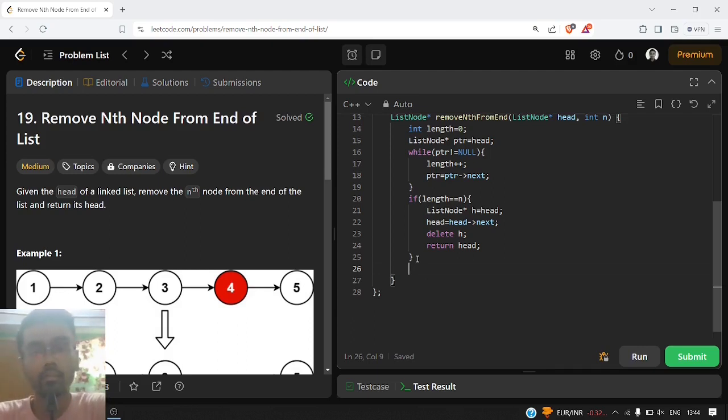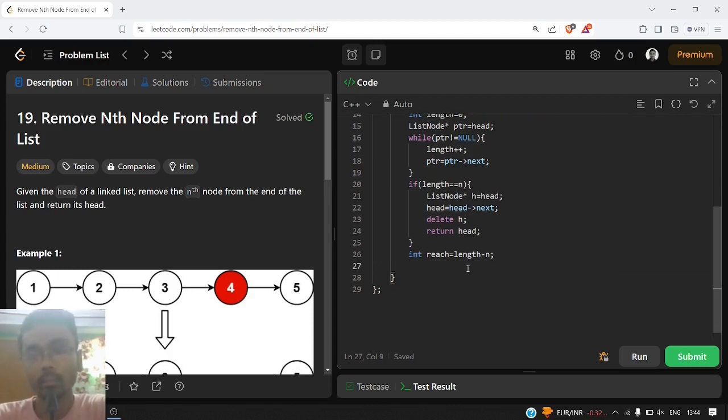Now we need to reach the particular node from the starting. Which node do we want to reach? We have already seen that we get it with the help of length minus n. Initially we will be starting from node 1, because our head will be pointing to node number 1.